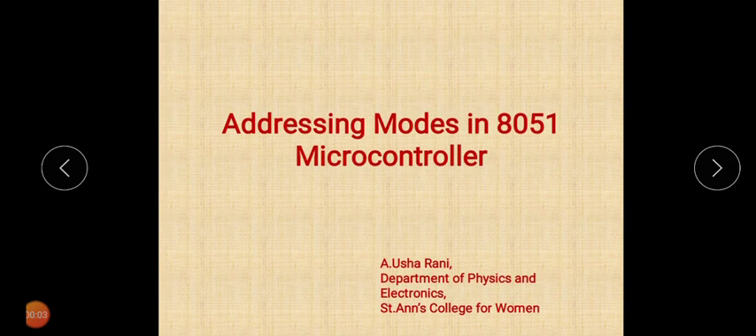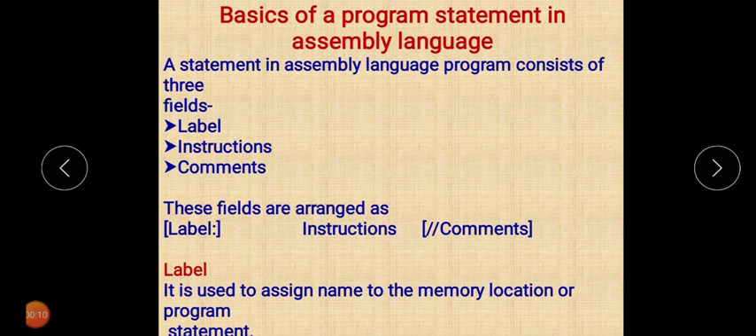In this video, we will see about addressing modes in 8051 microcontroller. Before going to addressing modes in 8051 microcontroller, we will see some basics of program statement in assembly language. A given program statement in assembly language consists of three fields, that is label, instructions and comments, which are arranged